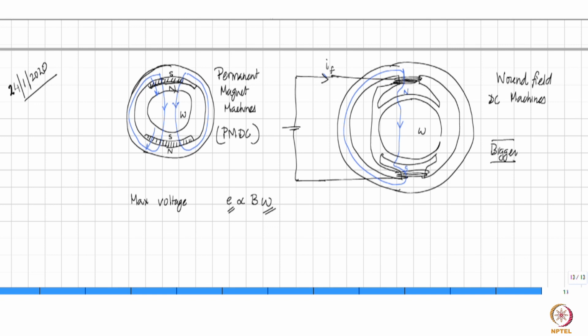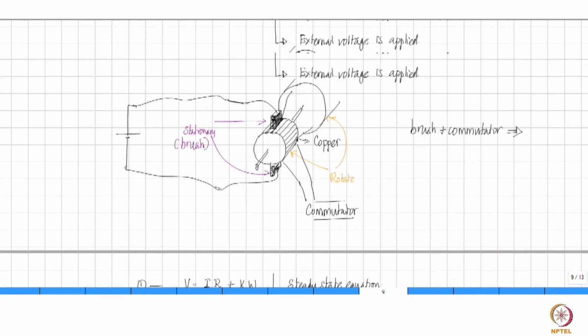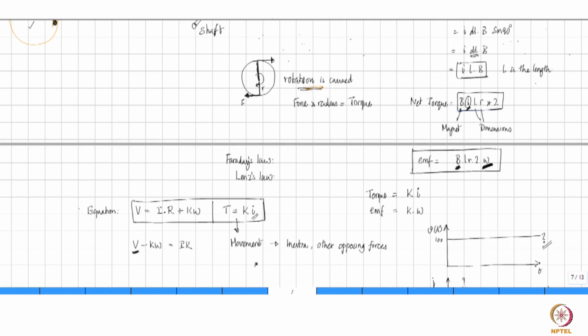Why? Again, we need to go back to those equations that we wrote. You see that the electromagnetic forces that are produced inside the machine also depend on the level of magnetic field. And in operation, you would like to generate the required amount of electromagnetic force by the smallest amount of amperes that you send in, which means that you would like to operate the machine with the maximum magnetic field that the machine is designed to handle.